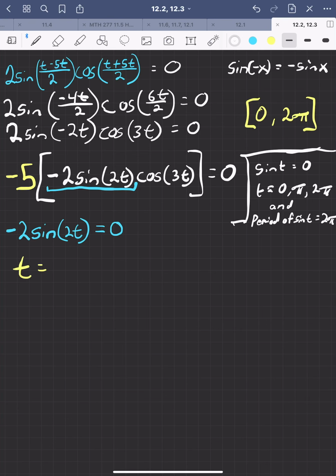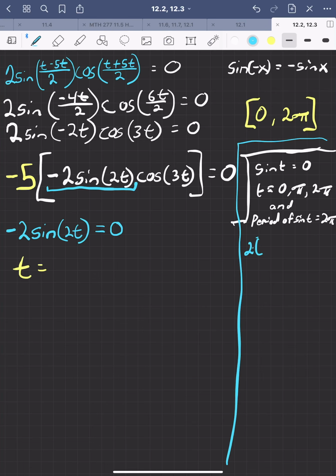By the way, if you know how to do this trig part, beautiful, you can kind of check out for a second, but I need to make sure I don't make any silly mistakes because I don't have an answer key in front of me for some reason. So, I don't have sine of t, I have 2t. So what I want to do is